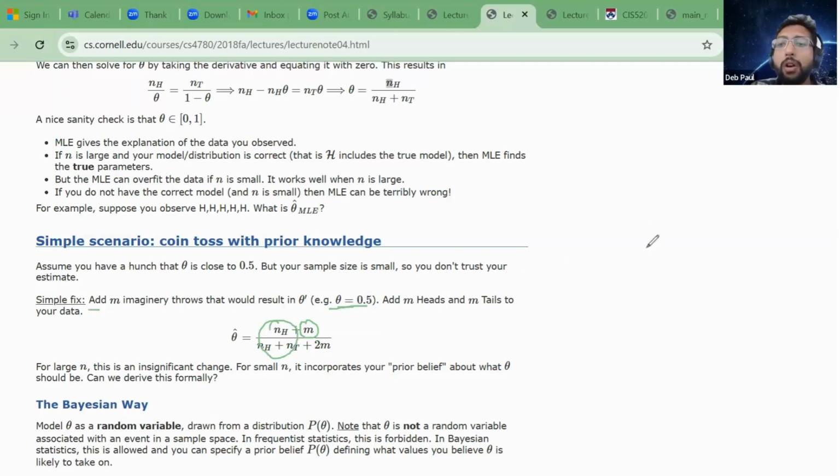Suppose in the case of words, the probability of observing a word is 1 by n, basically any random word from the corpus. So if this was w, this is the distribution of the word by total words, the probability of a word. Then to make sure that it doesn't go to 0 when the number of words goes to 0, I can actually say that this is nothing but 1 by n in the numerator, plus n by n in the denominator. So this is n_w plus 1 by n, n plus 1.